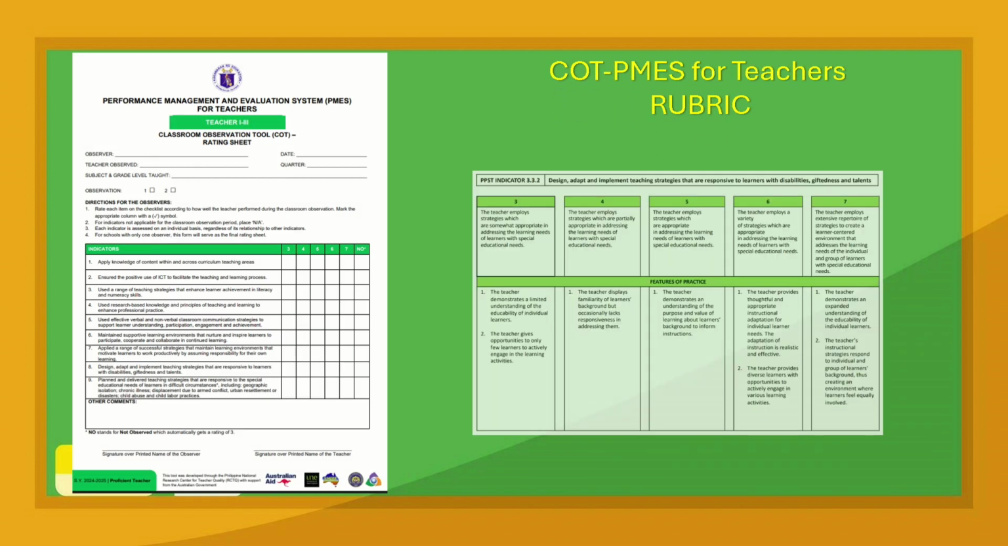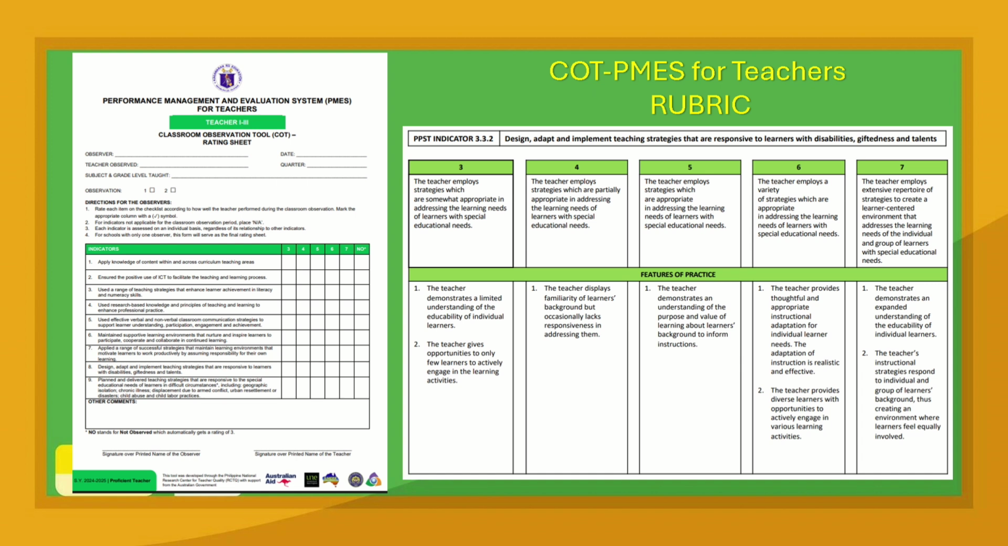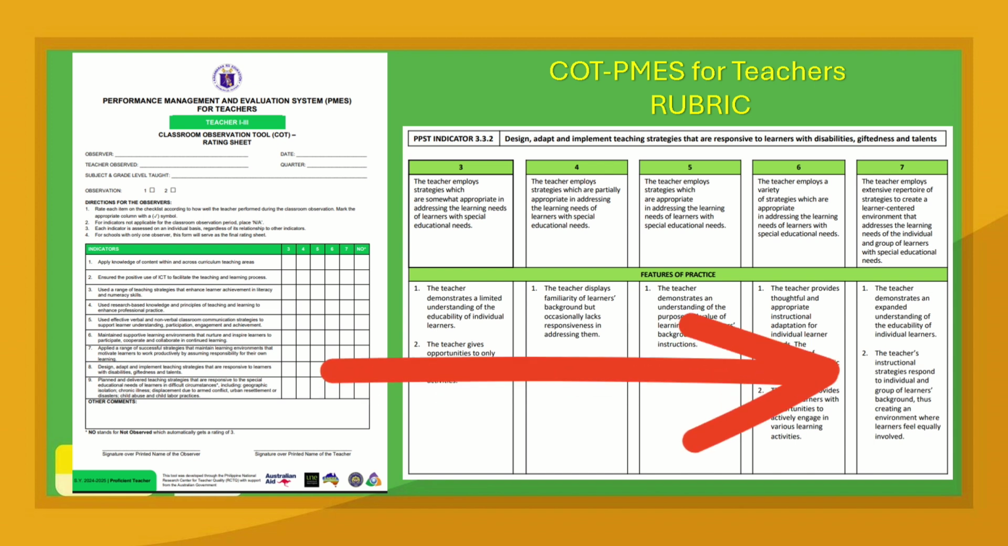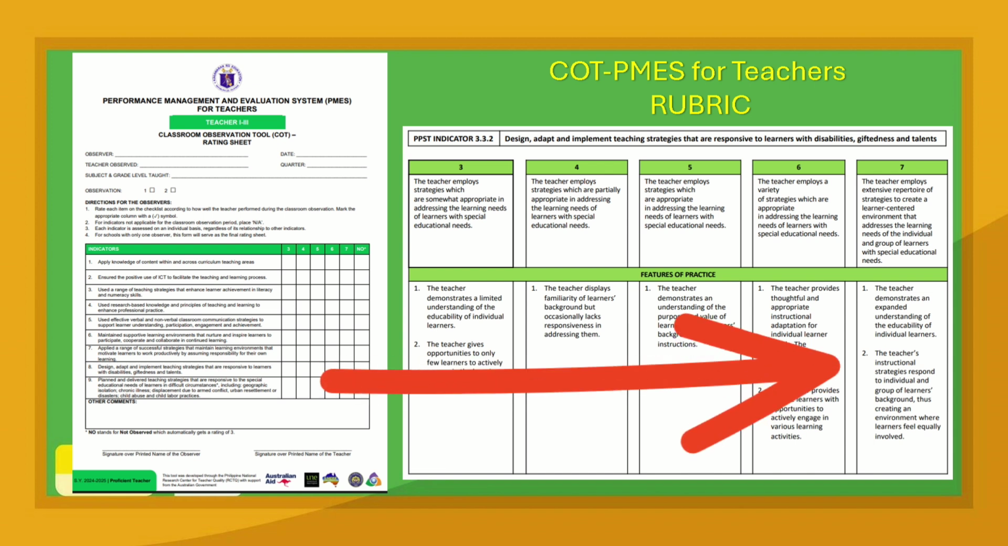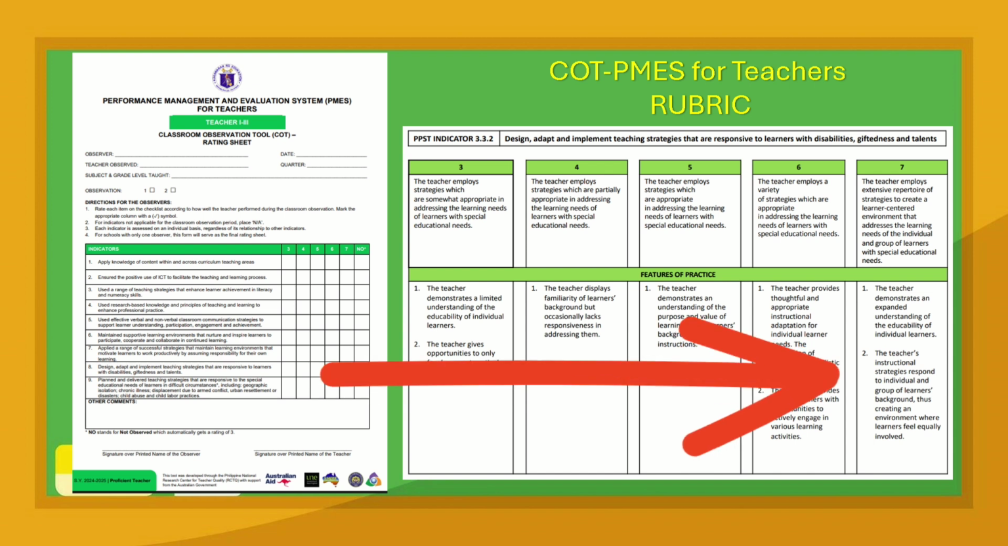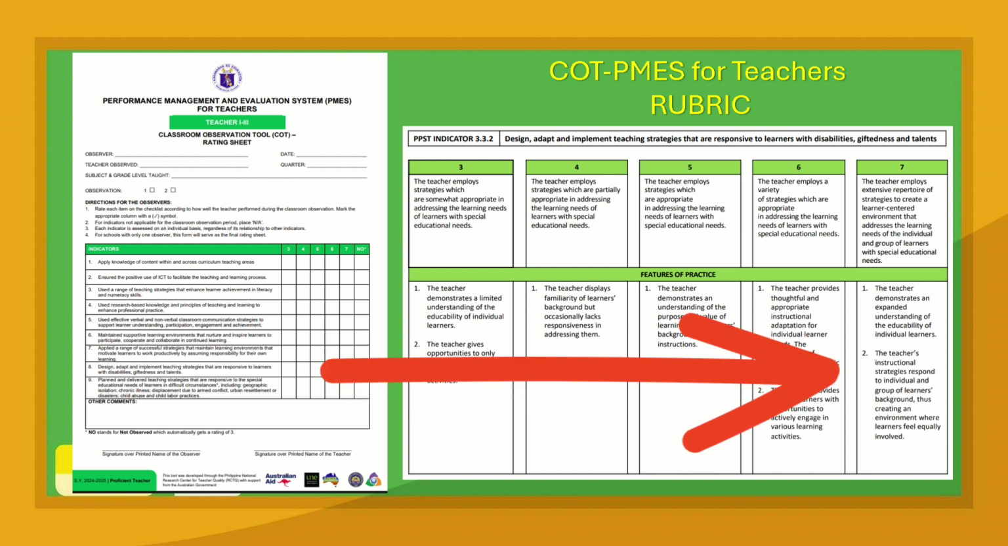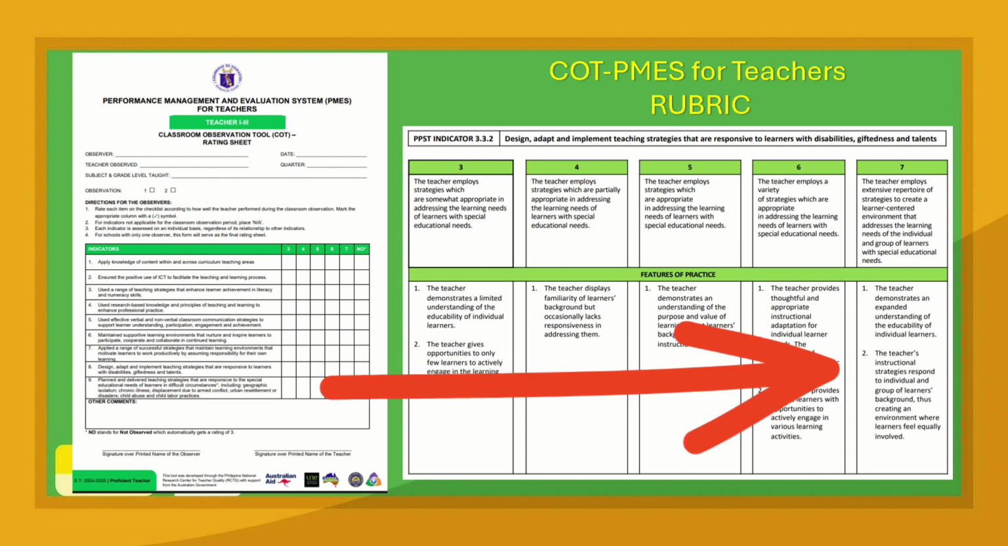How to achieve the rating of 7 in the classroom observation tool of the performance management and evaluation system for teachers. To achieve the rating of 7, the teacher demonstrates an expanded understanding of the educability of individual learners. The teacher's instructional strategies respond to individual and group of learners' background, thus creating an environment where learners feel equally involved. This means that the teacher recognizes that every student has the potential to learn and grow, regardless of their